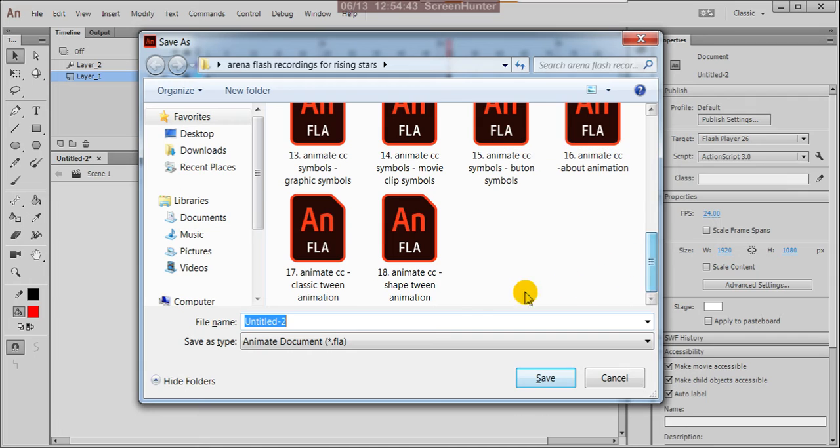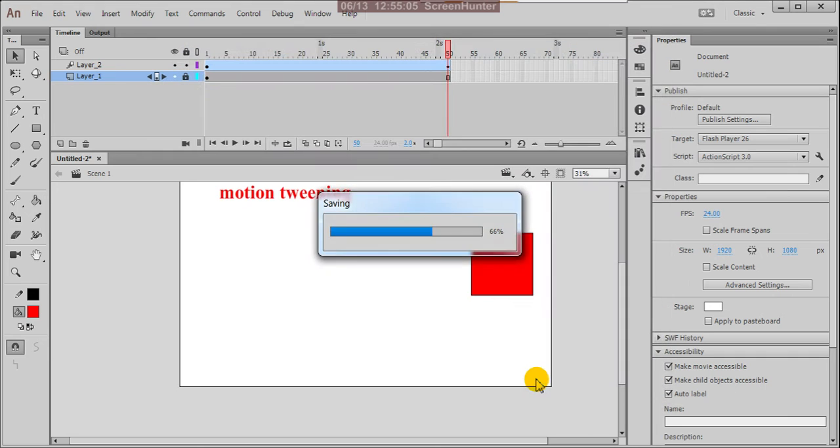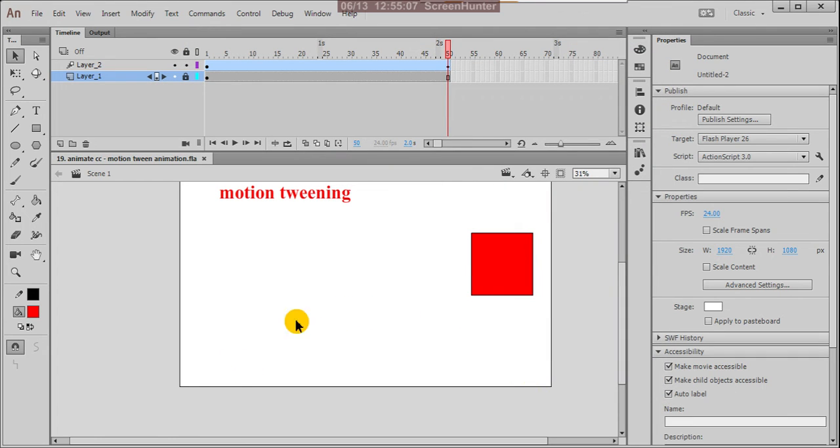This is 18th, now 19th, so give 19 animate CC, and this is motion twin animation, save.